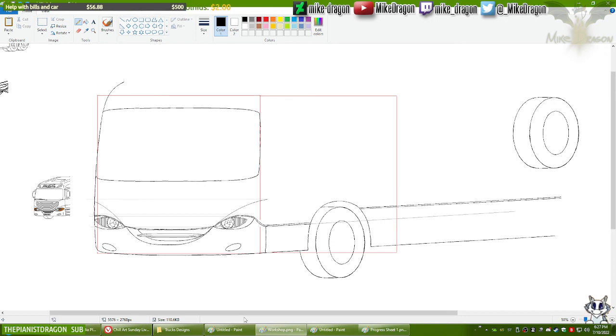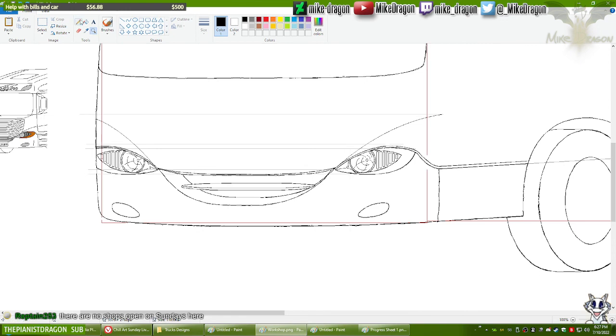But overall, even though I don't have much done, I think I can say that some good progress has been made. We can certainly tell what the headlights are actually supposed to be like, because they now have a little bit of depth and more detail to them. Hopefully this is going to look much better when done, actually.